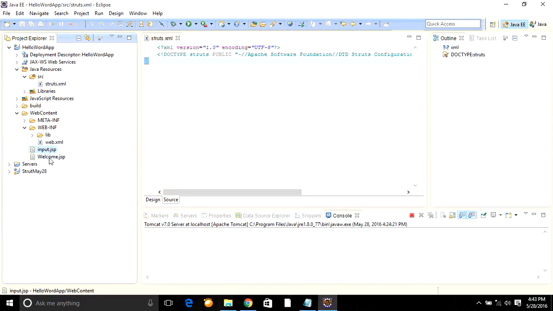This is nothing but your welcome.jsp. So that logic we are going to define over here, and we are also going to specify where we are going to define that particular method, that is the name of the class, and in which package that class is available, that is the package name also. So here I'm going to write